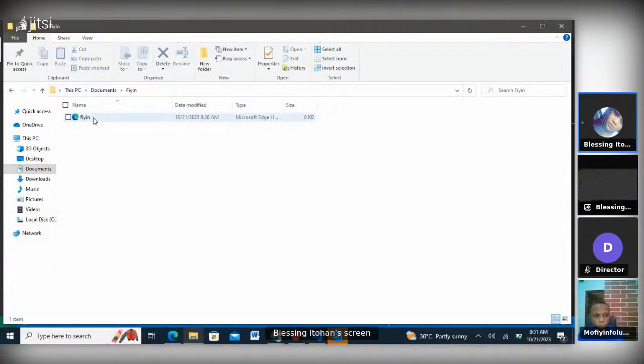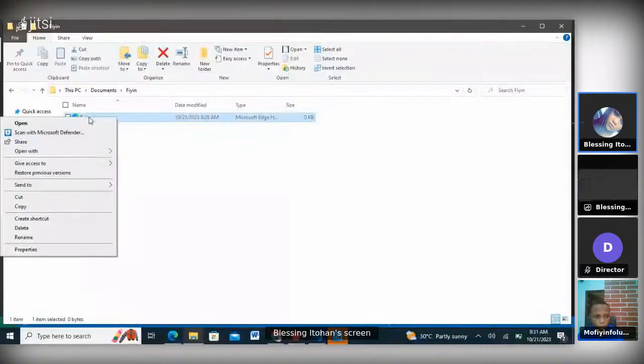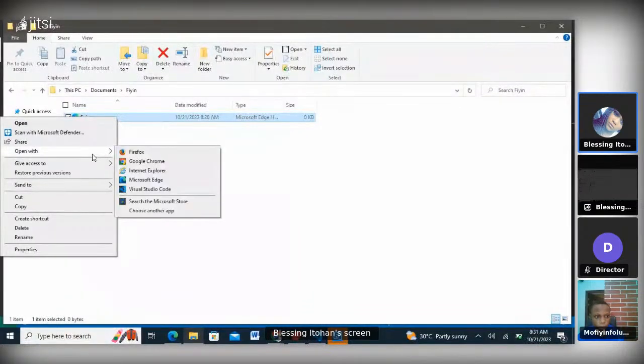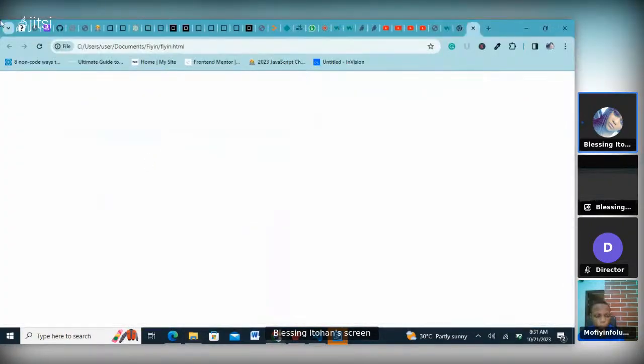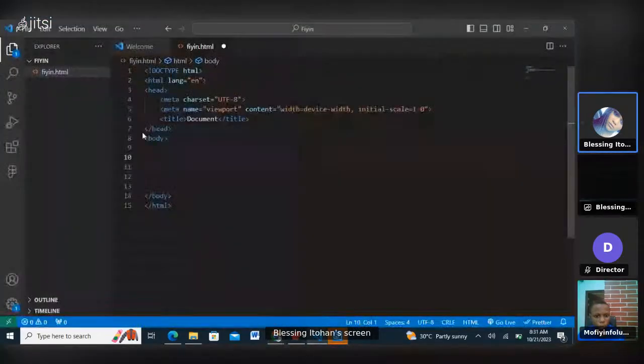So your .html makes it readable by your browser. If I click on this now, I would be able to open it with my browser. Okay, so this is it on my browser. It doesn't have anything because it's empty. If I put a line of code here, and I say H1, my name is,